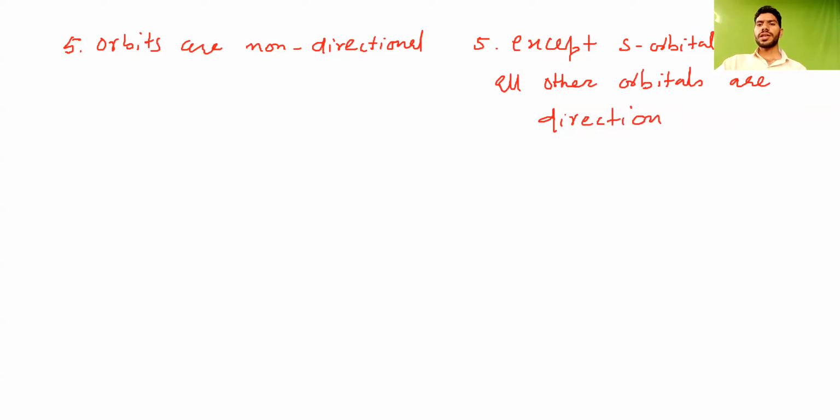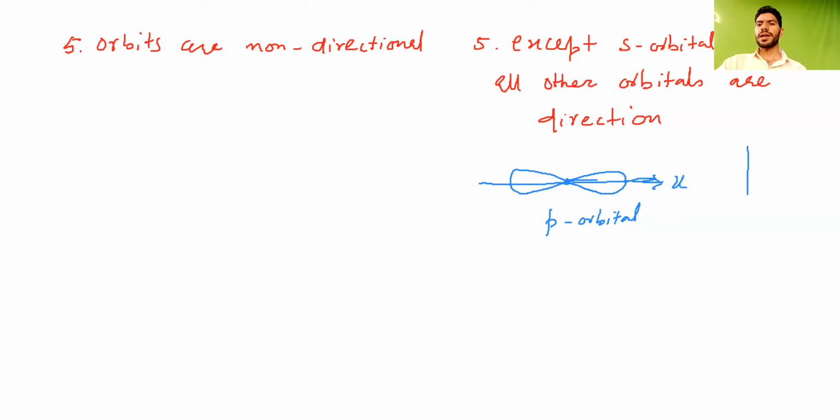I told you that p orbitals have a dumbbell shape. It is just like this. There are two lobes. One is this lobe, another is this one. So this is your p orbital. Can you tell me what is the direction of this p orbital? Definitely it has a direction. If I call this the x-axis, it lies on the x-axis, right? So it has a direction, right?